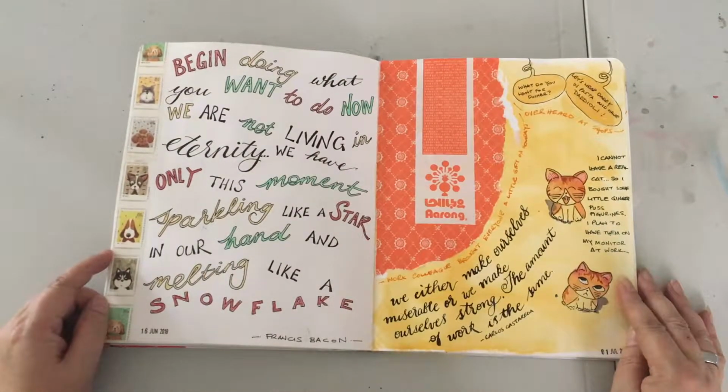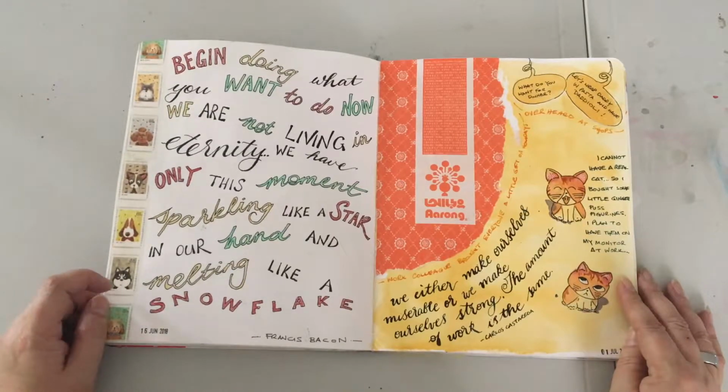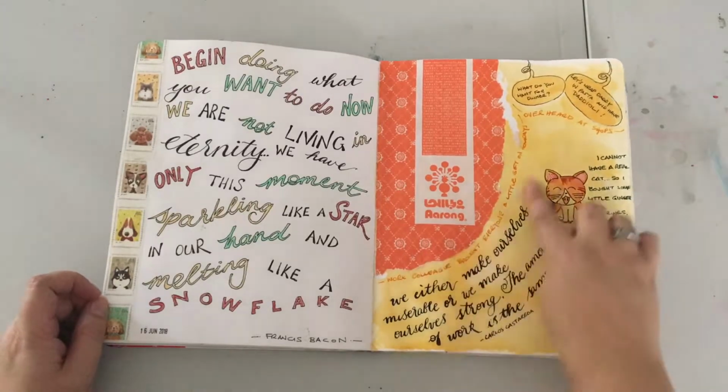A bit of a bright colour one. I've got some new washi tape, so I was playing with that. Trying to match colours with pencil. Some packaging, capturing